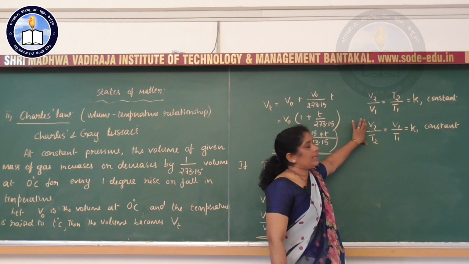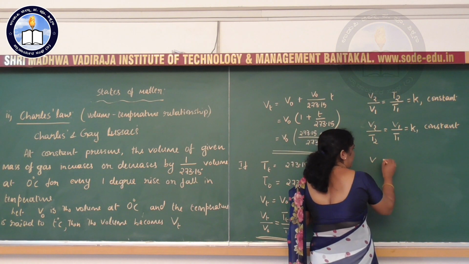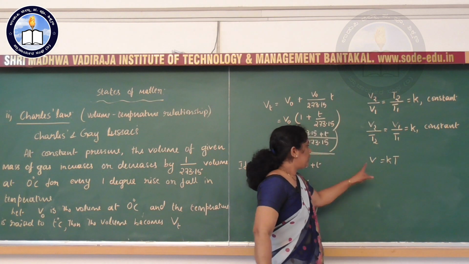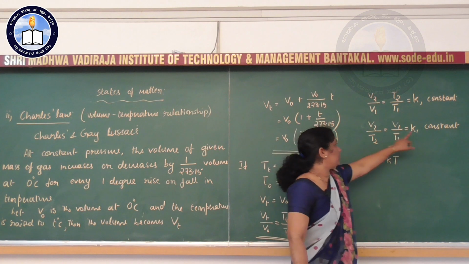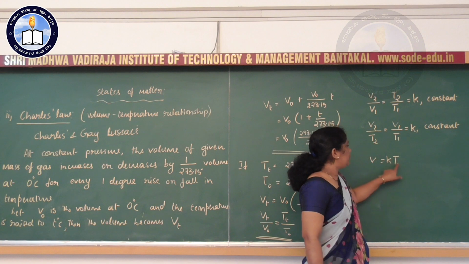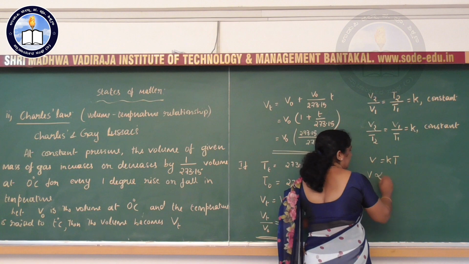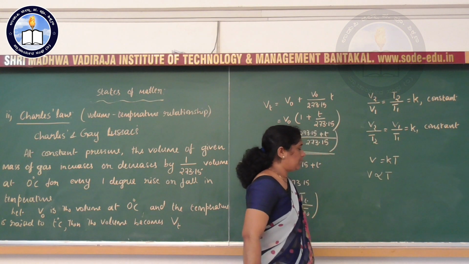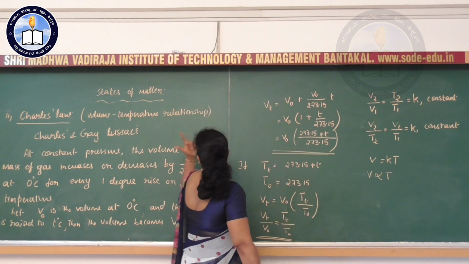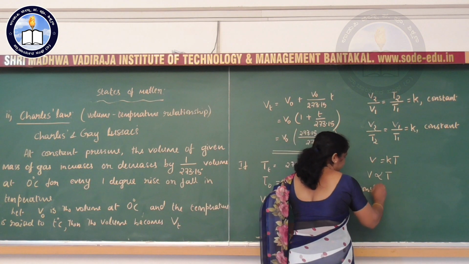If you take this mathematical expression, we can write it as V is equal to K into T. Am I right? V2 by T2 is equal to K, or V1 by T1 is equal to K. Any one you can take. V is equal to K into T. From this equation, we can also say that V is proportional to T. So from this mathematical expression, we can also state the Charles law as at constant pressure